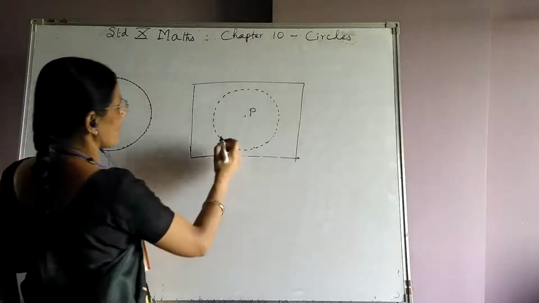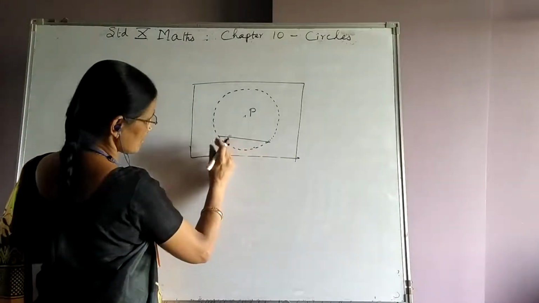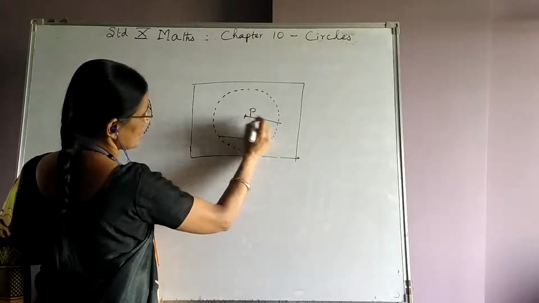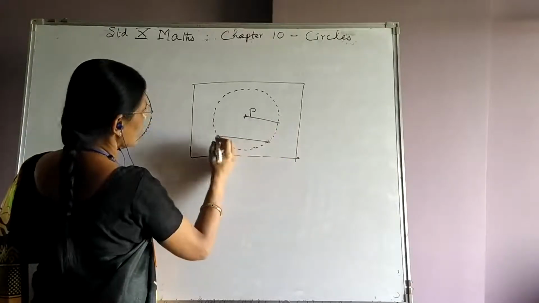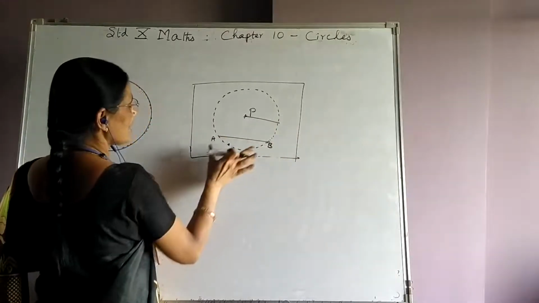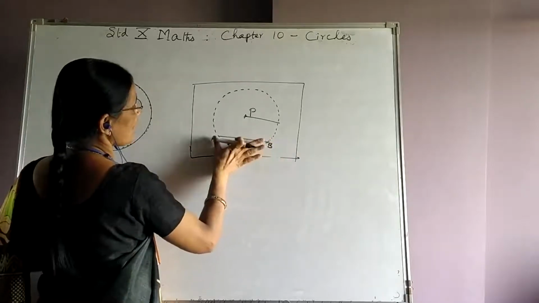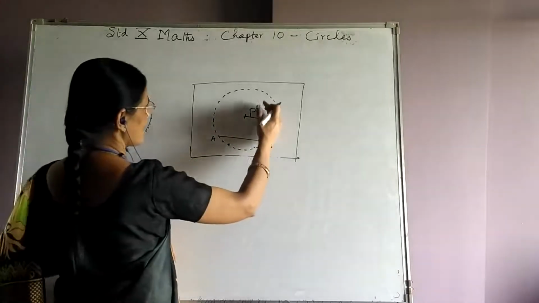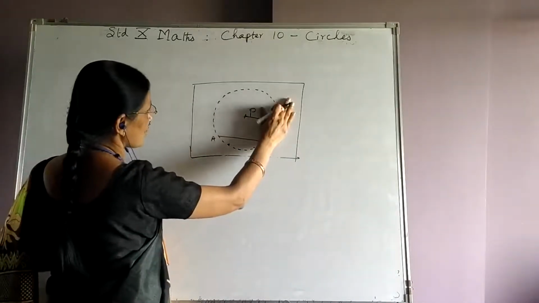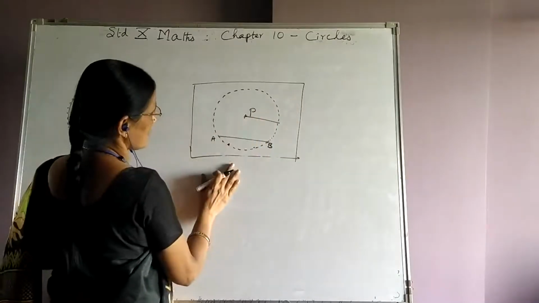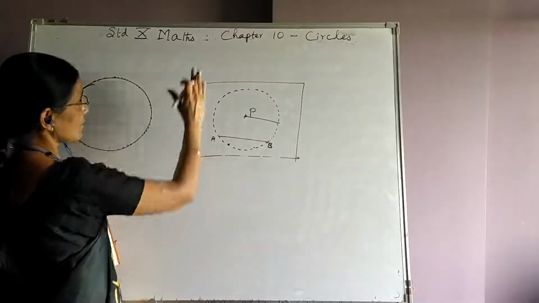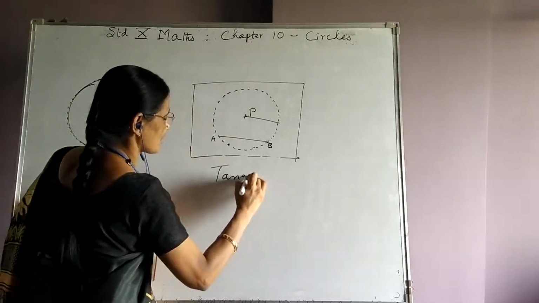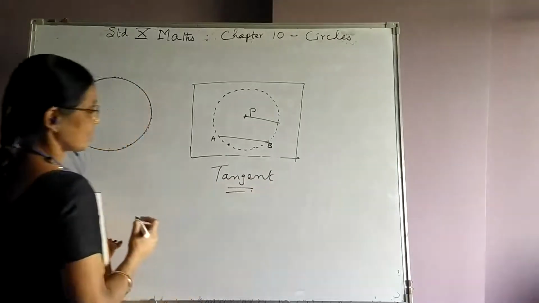And we had studied what is the radius of the circle. It is a line segment whose one end point is at the center and the other end point is on the circle. And AB is a chord of the circle. It is a line segment whose both end points lie on the circle. And we studied what is a diameter, and then arc of a circle, which is a part of the circumference, sector of a circle, segment of the circle. So many terms we had studied in the earlier classes. But here in this chapter, mainly we are going to study the term tangent.